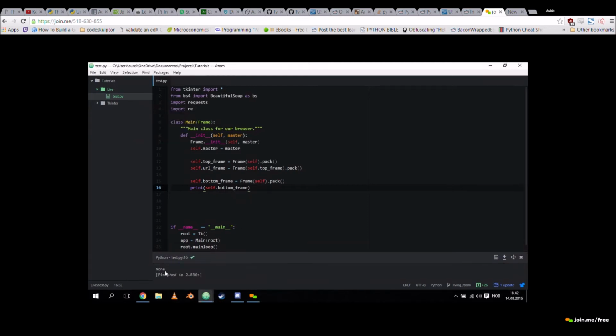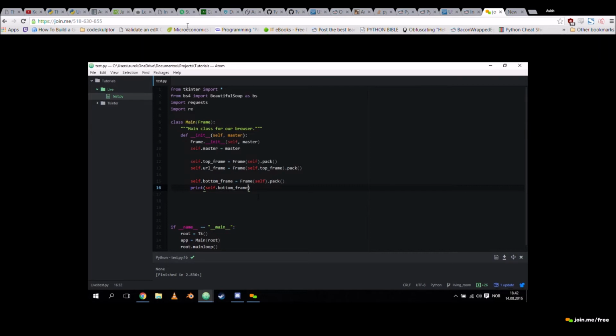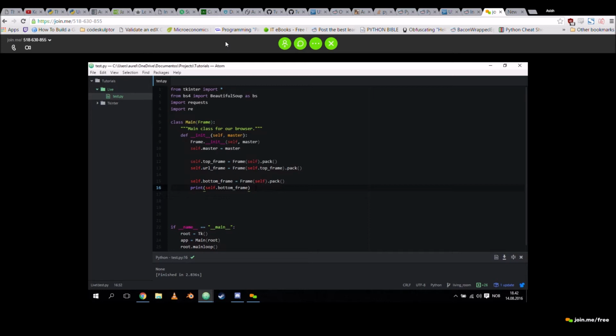Look at that, None. And the reason for that is that right now we end up running whatever comes out of pack. But pack doesn't return anything. So these all become empty and we can't use them. So we simply cannot pack inline like we did before.